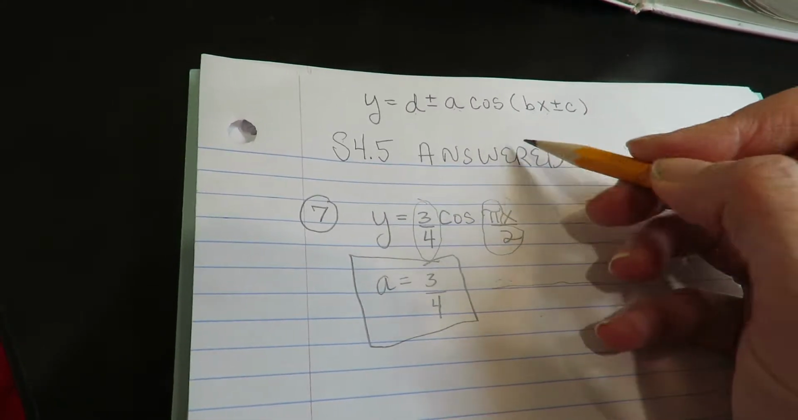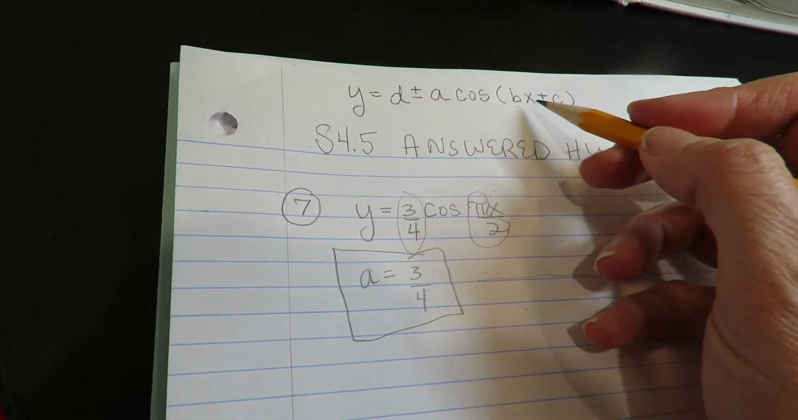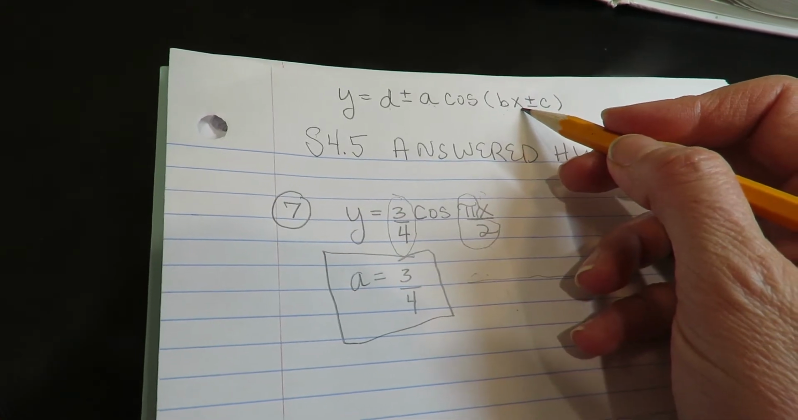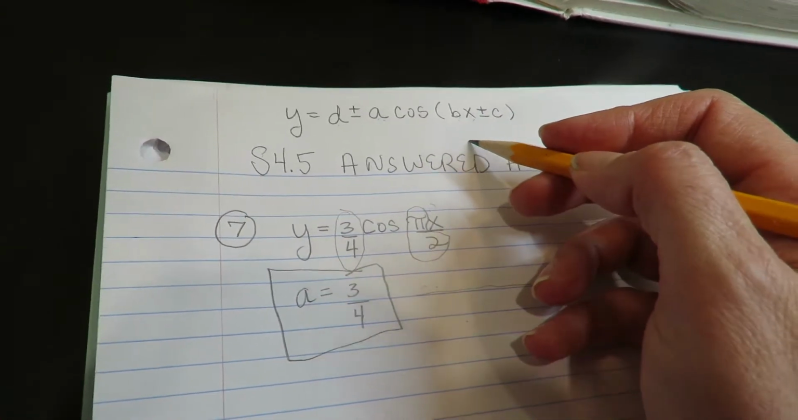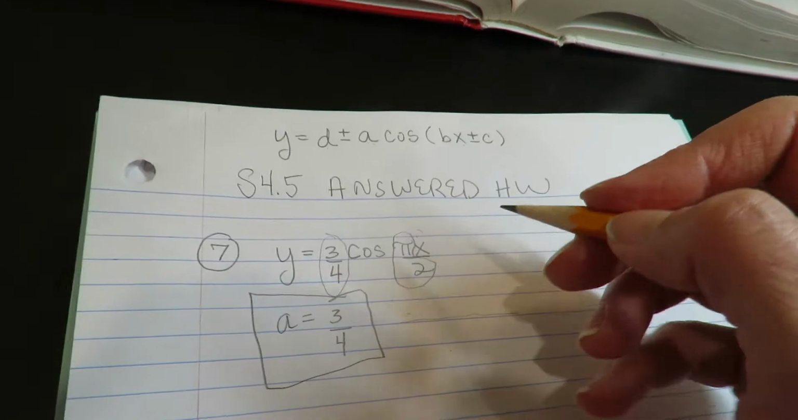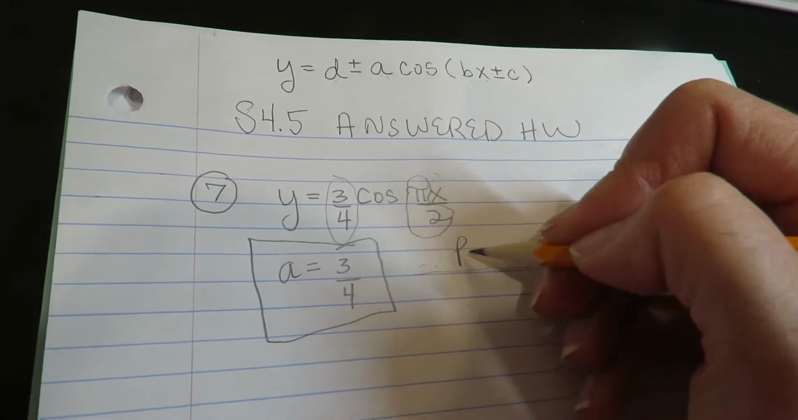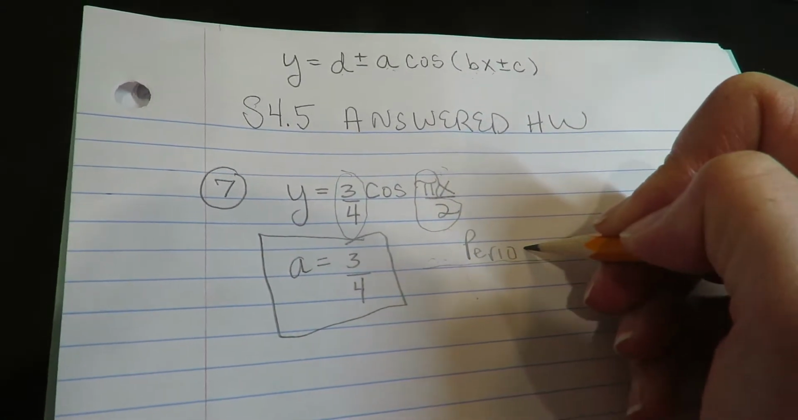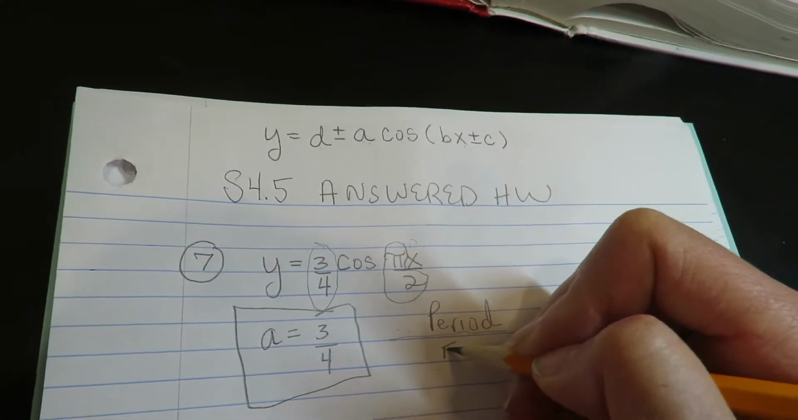All right, then for the period, that is always multiplied times your x value. So this is your B. I didn't say that right. The B value is multiplied times the x. You have to use the formula to calculate the period. All right, so the period formula